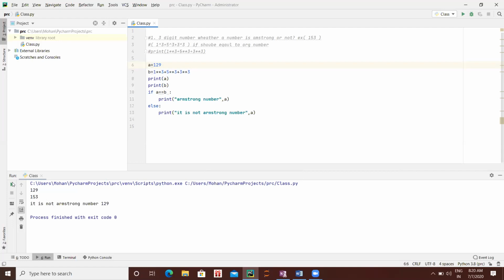Exactly, because you have hard coded the value in B. B equal to, you have taken only 153, right? I should input some number, and automatically it will change there. You should not hard code the value. Here you have hard coded the value as 153, the B equal to this. That should get in a program. So you have skipped that first step. Okay, sir.